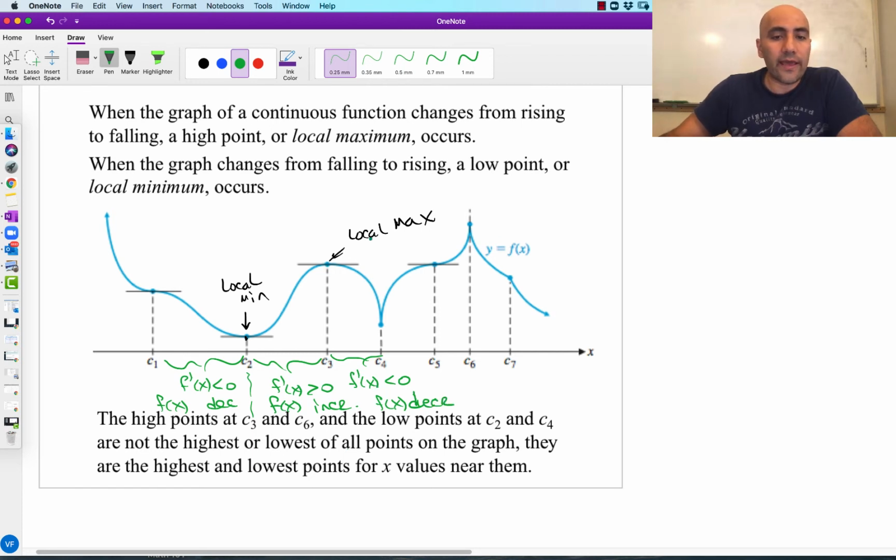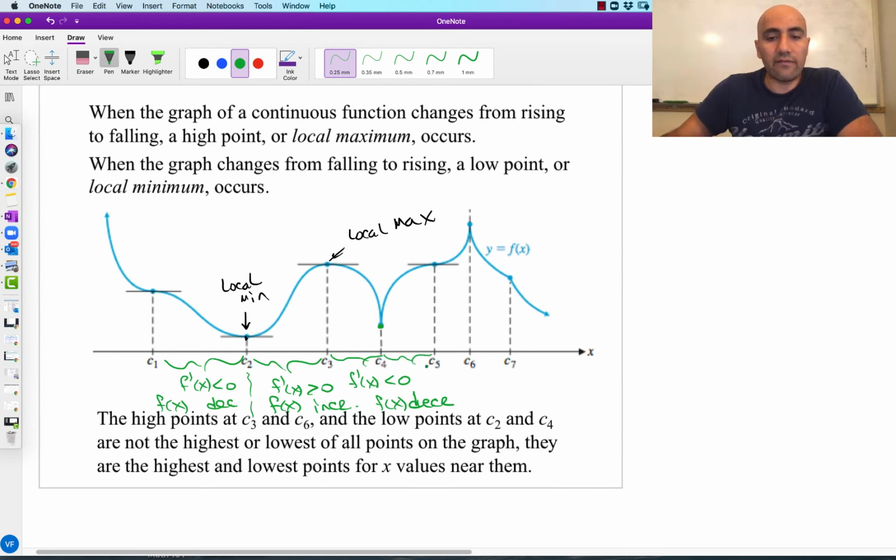And so at that point we have a candidate for a possible local max. We just have to confirm that that value is a value in our function, which it is. You can see here, it's a continuous function, so that's a local max. Same thing happens here. The function is decreasing, and then all of a sudden we see